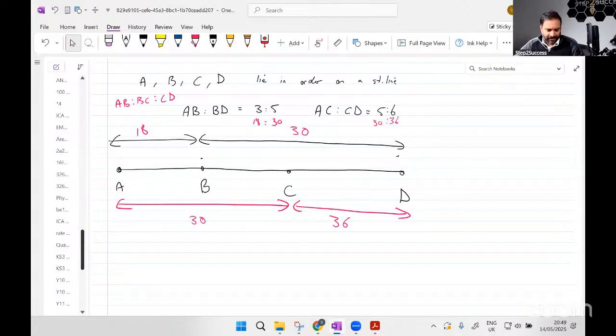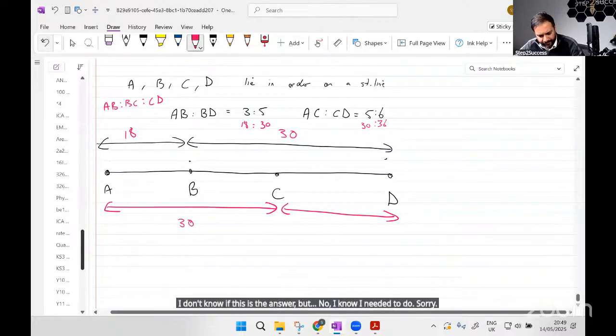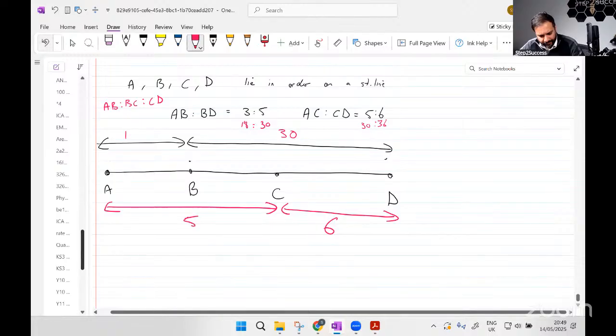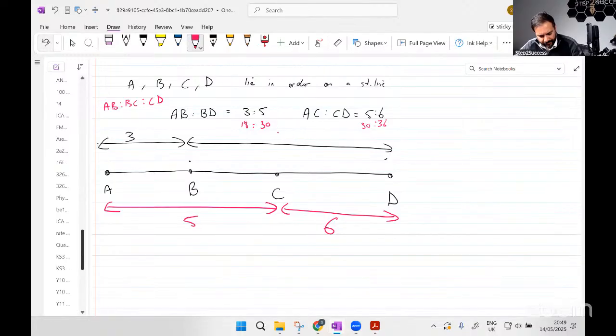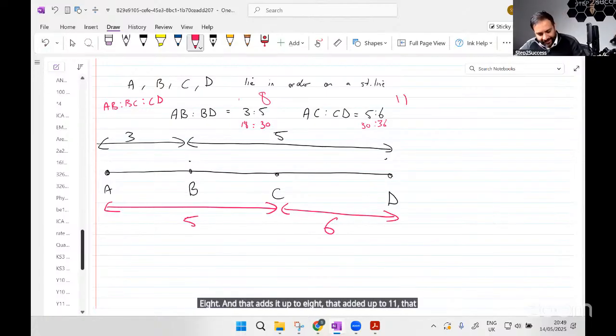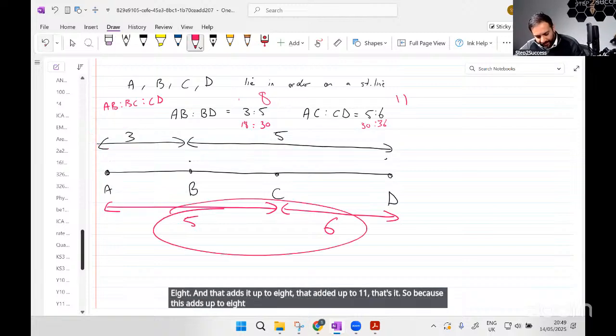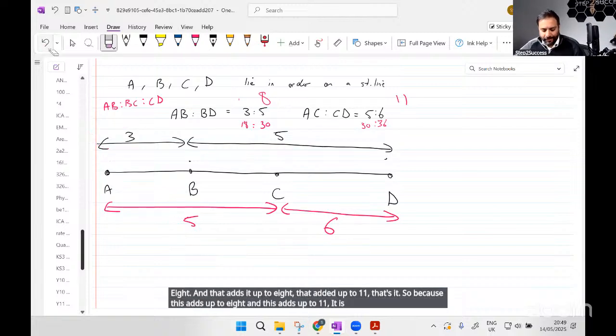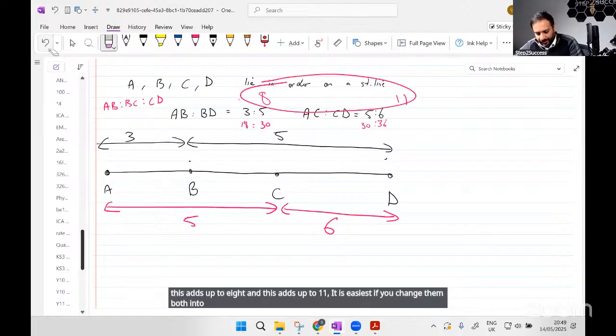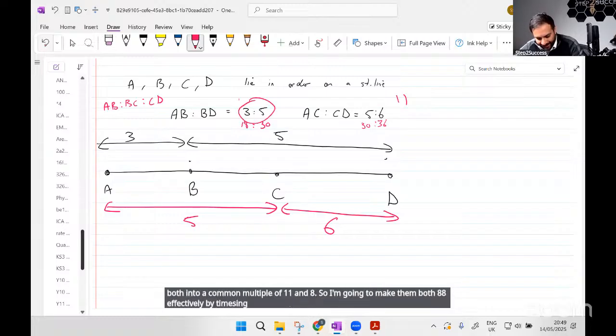I don't know if this is the answer, but no, I know what I needed to do. The first ratio added up to 8, and the second added up to 11. Because this adds up to 8 and this adds up to 11, it is easiest if you change them both into a common multiple of 11 and 8. So I'm going to make them both 88 effectively